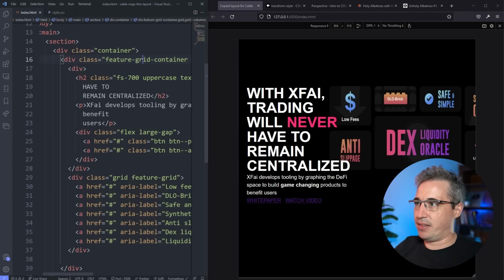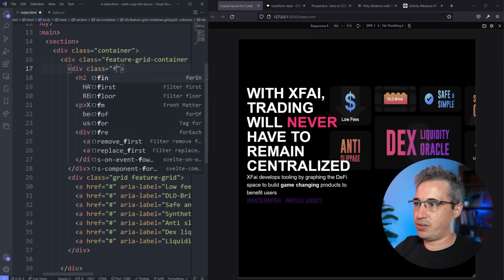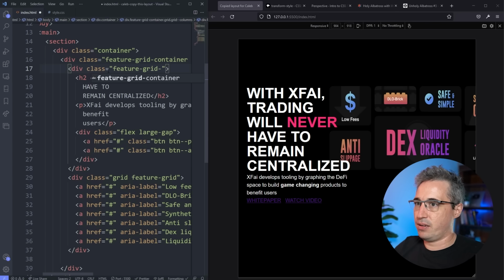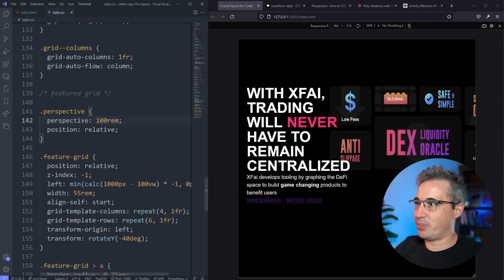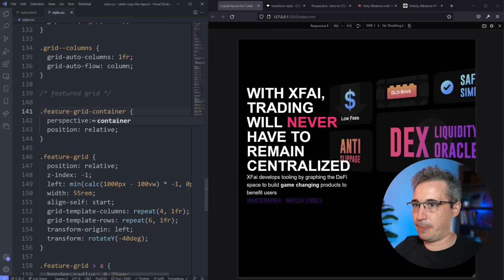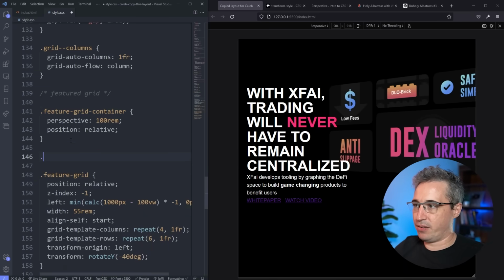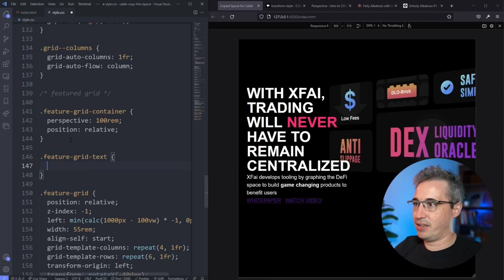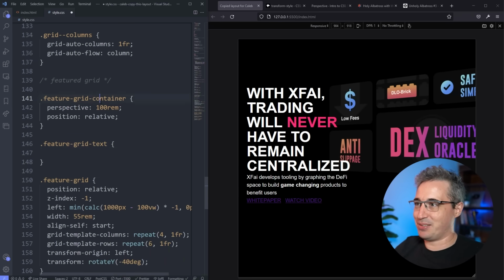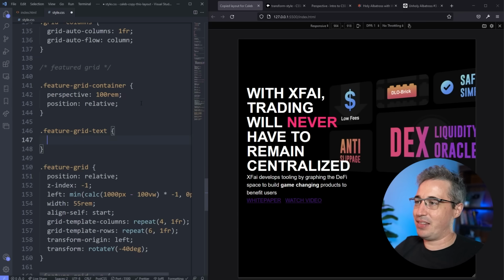And then we can just say that the class equals feature grid. It's like accompanying text, right? Accompanying, I'll just put text. So we have a feature grid, which now broke because I turned off my perspective. So this is my feature grid container, fixes that. And then my feature grid text, this is like anti-BEM, right? Because I have feature grid and then these have these prefixes, but that's fine. Then this would have a